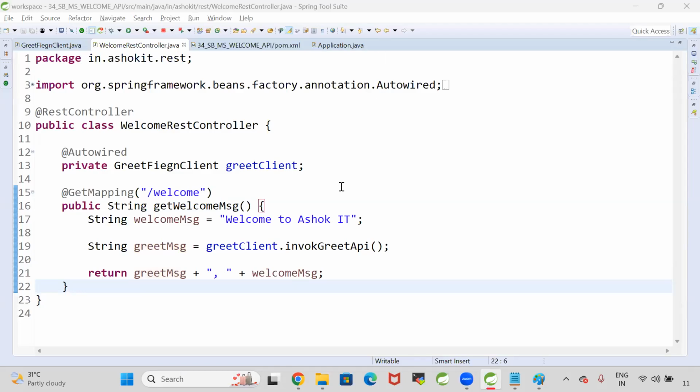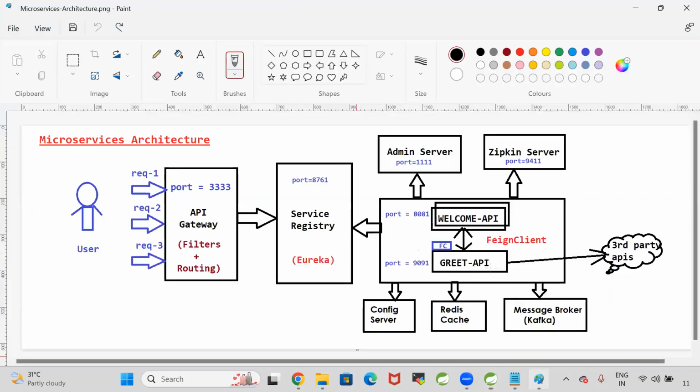Okay, sir, when can we go for this inter-service communication? Here, the welcome API is accessing the greet API. Both APIs should be registered with the service registry. Then only we can use Feign. The greet API is registered with the service registry, and the welcome API is also registered with the service registry. If both APIs are registered, then you can give the service name for the Feign client